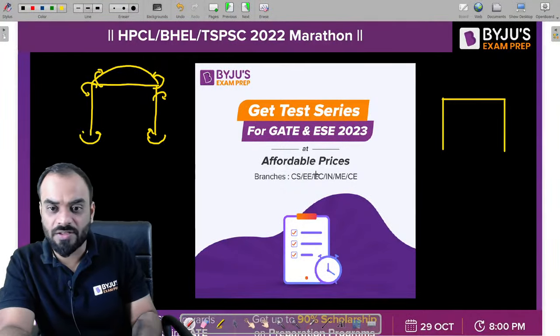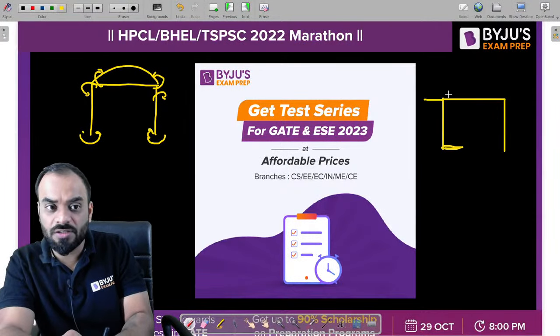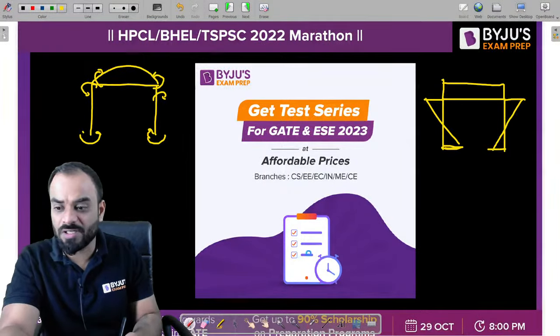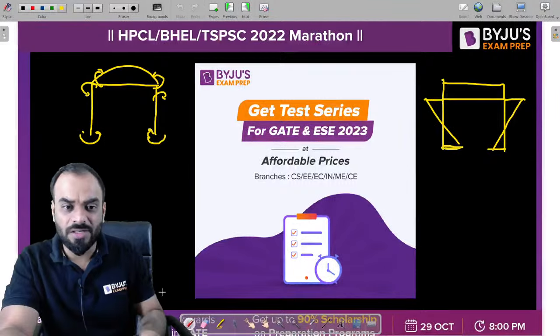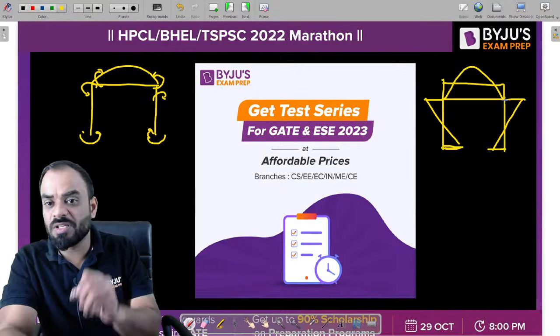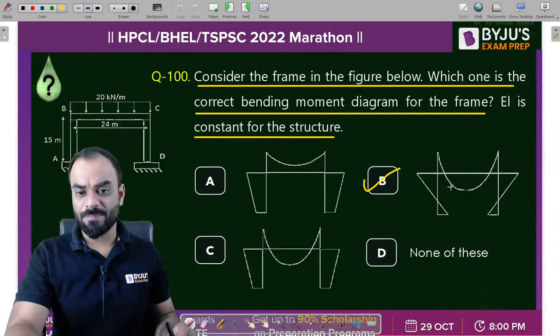Okay, if it is like this, then you have to draw it inside. Consider inside. Then this should be outside, this should be upward, this should be upward, this should be outside, and this should be inside, like this. This is your fixed end moment diagram, which you will get, guys, in case of this particular structure, right? The direction you can take the opposite of this, there is no issue. And you need to overlap a bending moment diagram, which is the simply supported moment diagram. And guys, you will get this particular type of BMD, right?